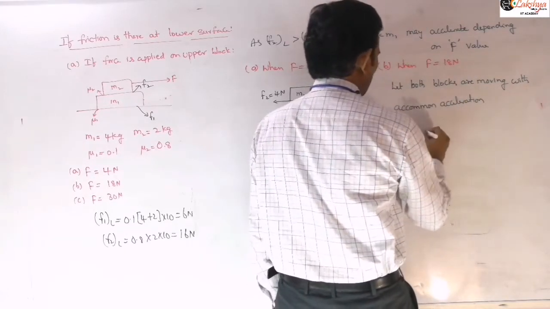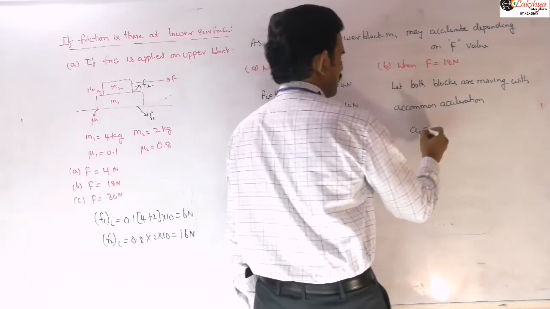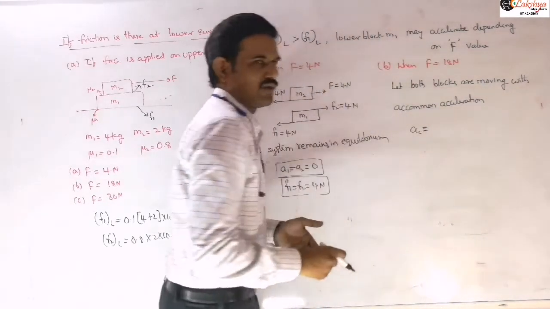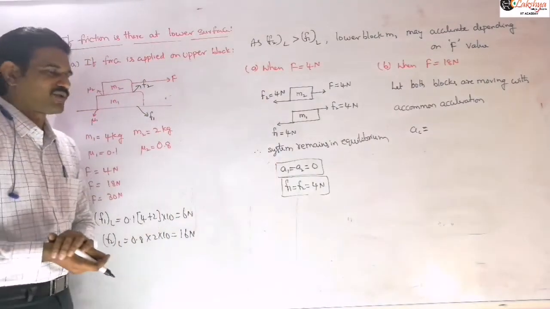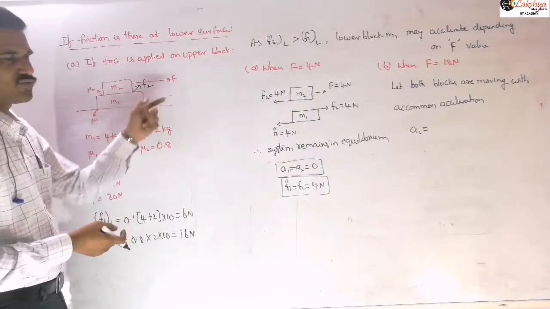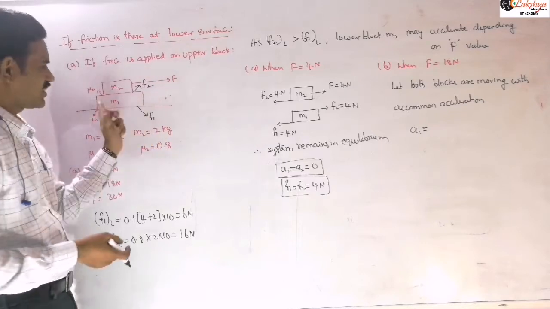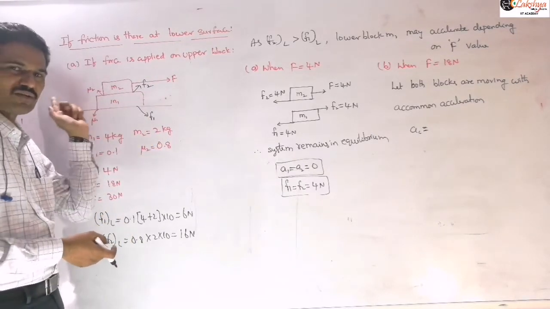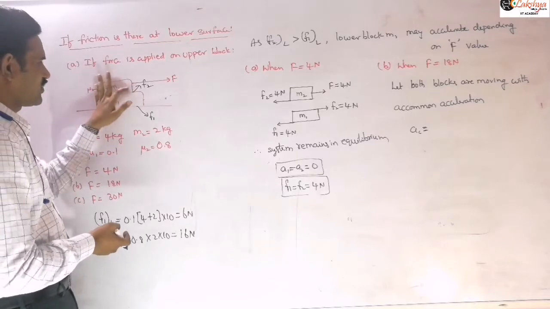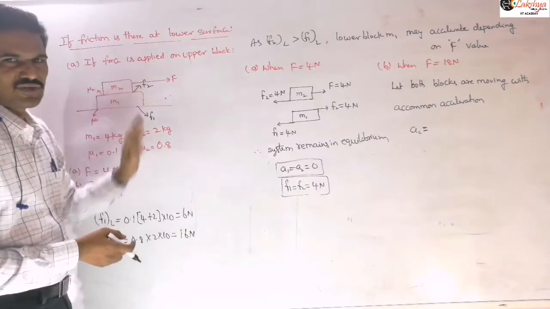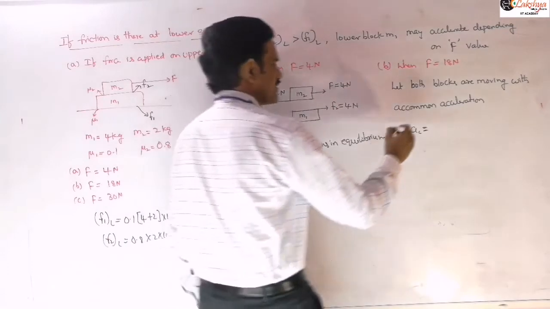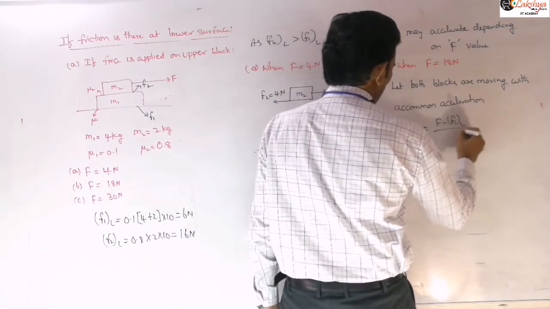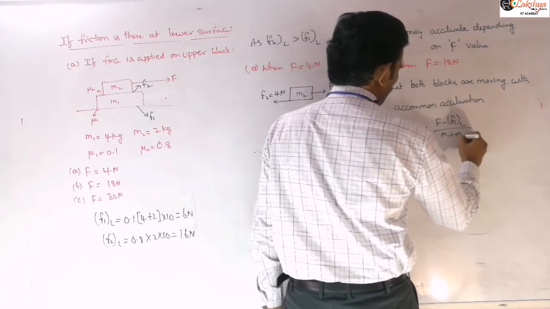So therefore this AC is equal to what we can write here is the common acceleration. How to find this common acceleration for the entire system? We are taking common acceleration, meaning for both the blocks we need to take here. Applied force will be along this direction, then F1 limiting will act along this direction. And as we are taking both of them as a common system, there is no need of taking this F2 here. So I can write this as F minus F1 limiting by total mass M1 plus M2.